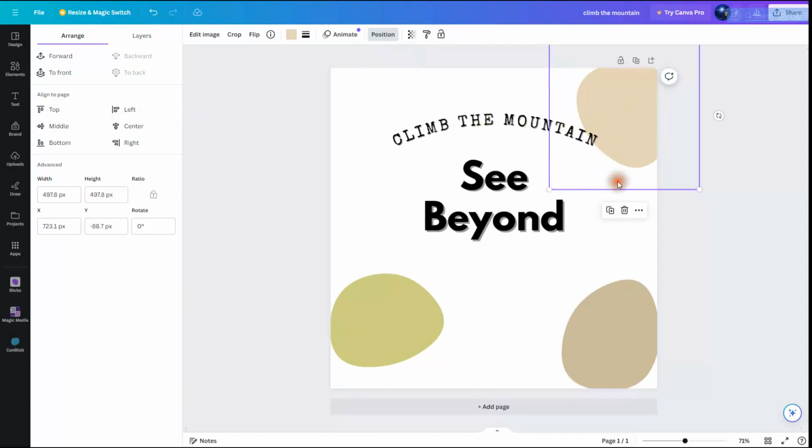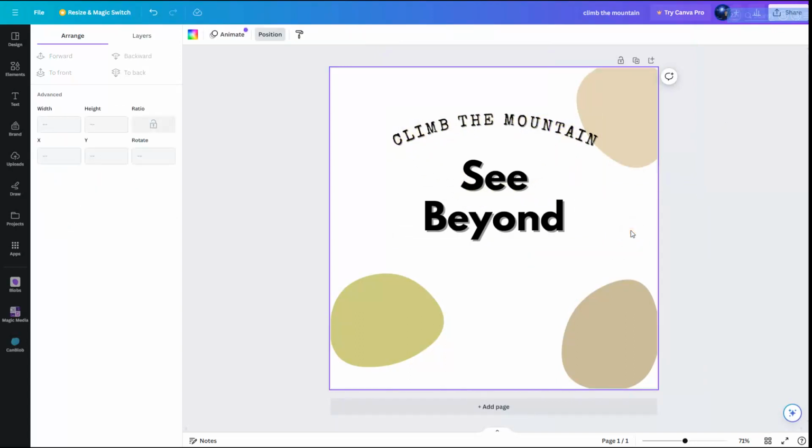Next. So we've gone over a lot of different tips that I've used here. The very first tip was using blobs and how to customize your blobs. The second one was adding text, having your text have a curve to it, or not a curve, and how to customize that curve. Now what I'm going to do is add custom clip art. So I'm going to go over here to clip art, or to the side here,